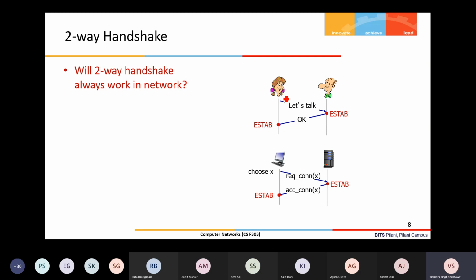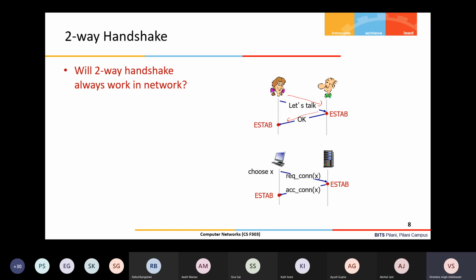It is something like what happens between human beings: if I want to talk to you, I say, okay, let's talk, and the other side says, yes, fine, we can talk. So the connection is established, and both sides will start talking and exchanging information. In TCP these messages are different, but this is the normal way to understand it first.